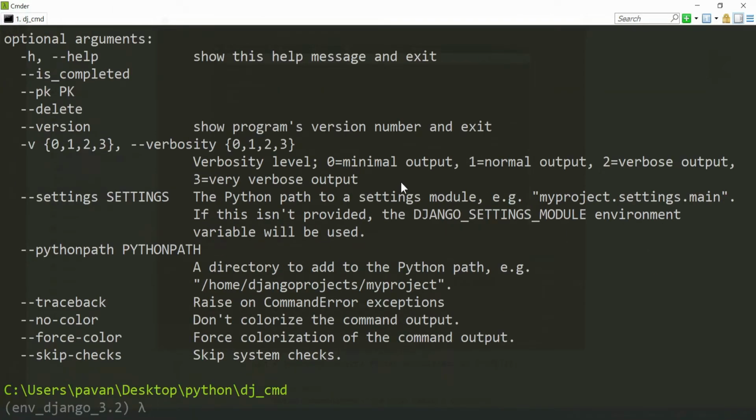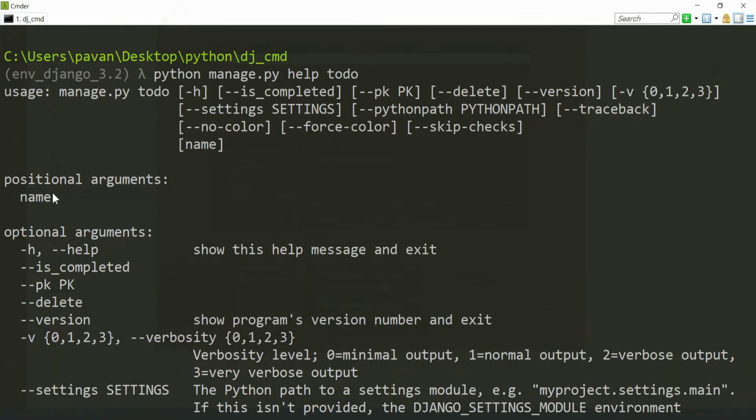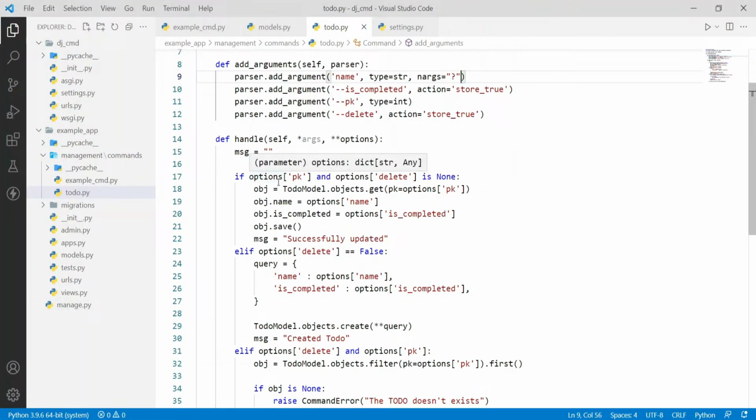Here you can see all the text is displayed, like how the parameters are split. There's a new parameter here, there's a pk, and there's a delete. You can give some explicit verbose text or explanation for these particular things by passing a particular argument called help, and for this also we can give